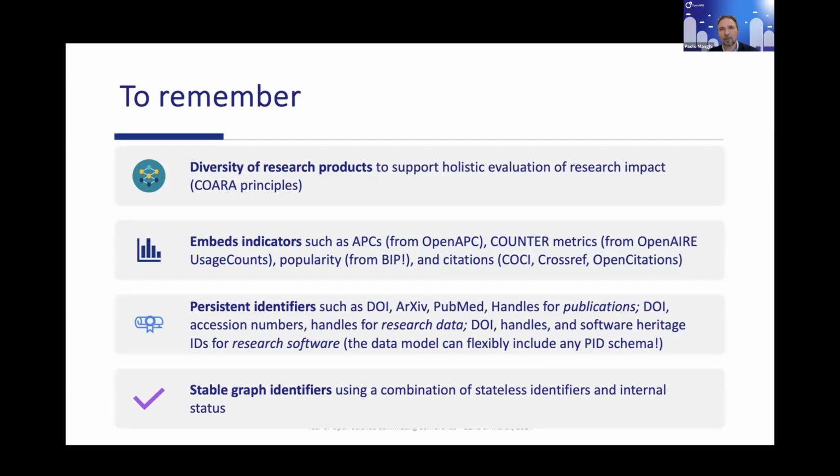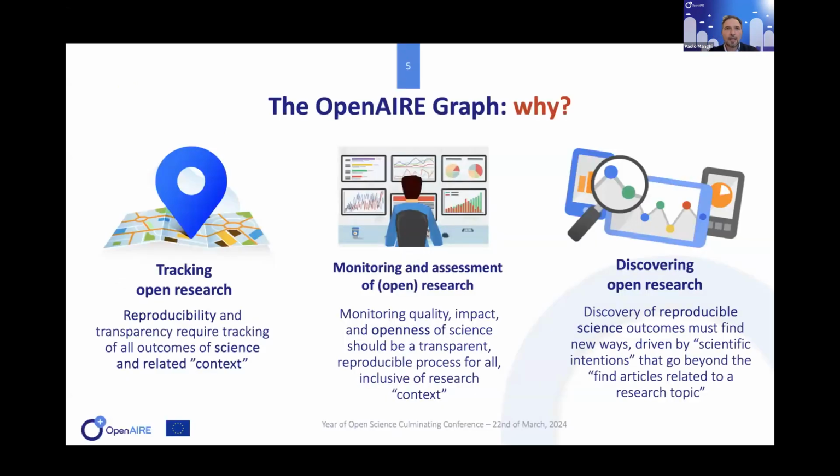This is the case for institutional repositories, for example, which we believe are a key element in the scholarly communication in order to enable green open access, but also to preserve publications for the future. We produce stable graph identifiers, so we provide uniform and stable persistent identifiers for the downstream applications, which is very important in order to build them.